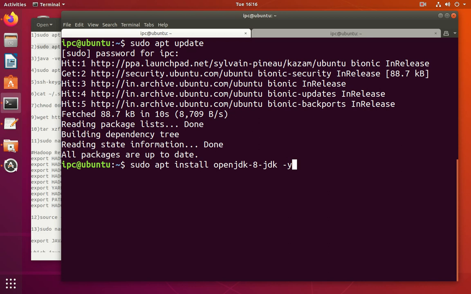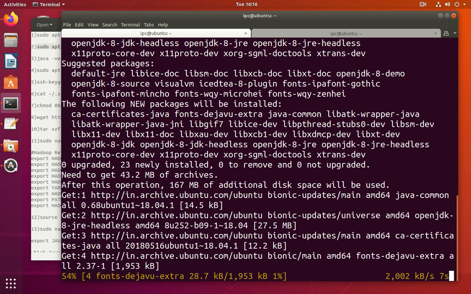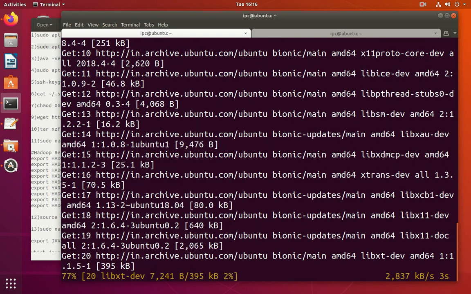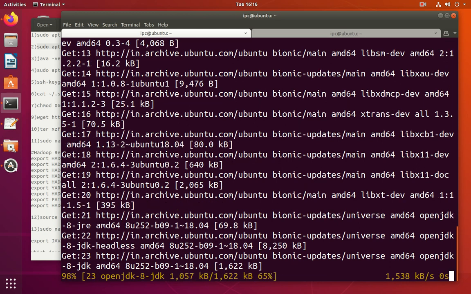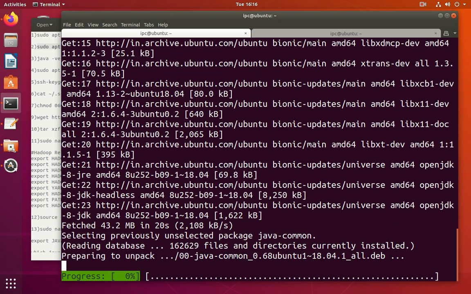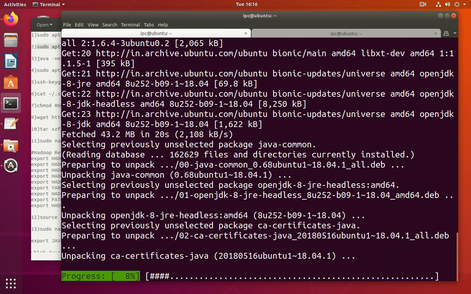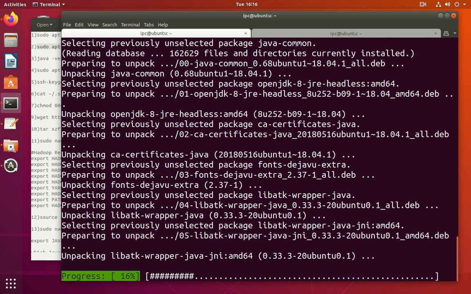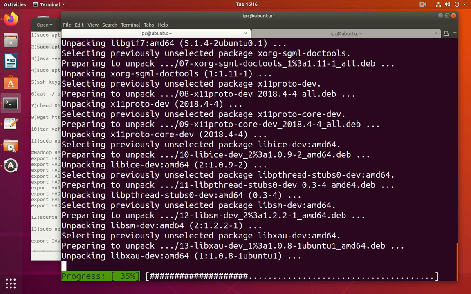The Hadoop framework is written in Java and its services require a compatible Java runtime environment and a Java development kit. By using this command, we can install OpenJDK 8. At the moment, Apache Hadoop 3.x fully supports Java 8. The OpenJDK 8 package in Ubuntu contains both the runtime environment and development kit. Once the installation process is complete, verify the current version by using the java -version command.